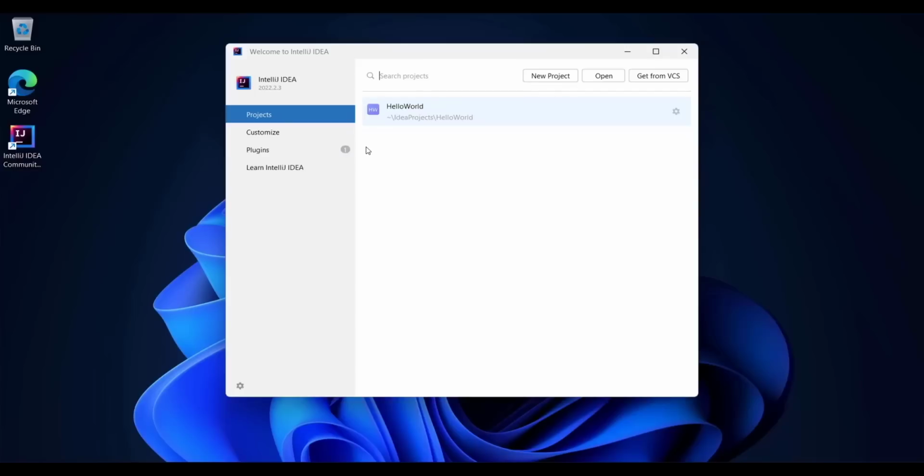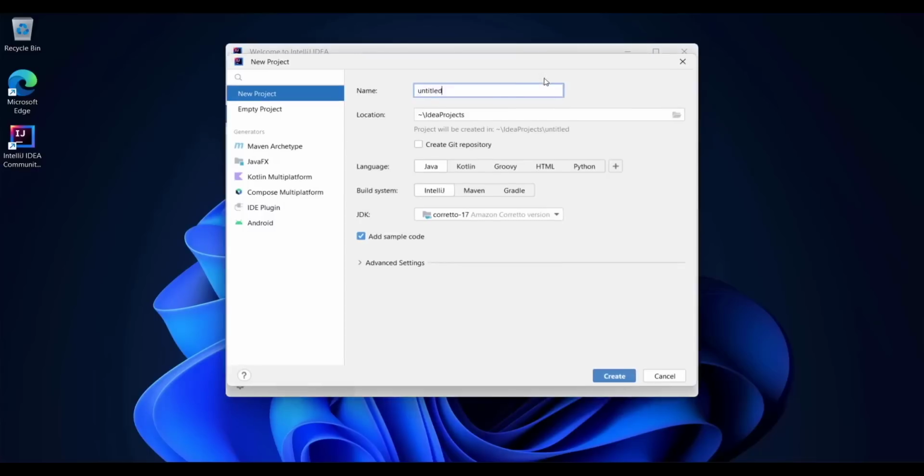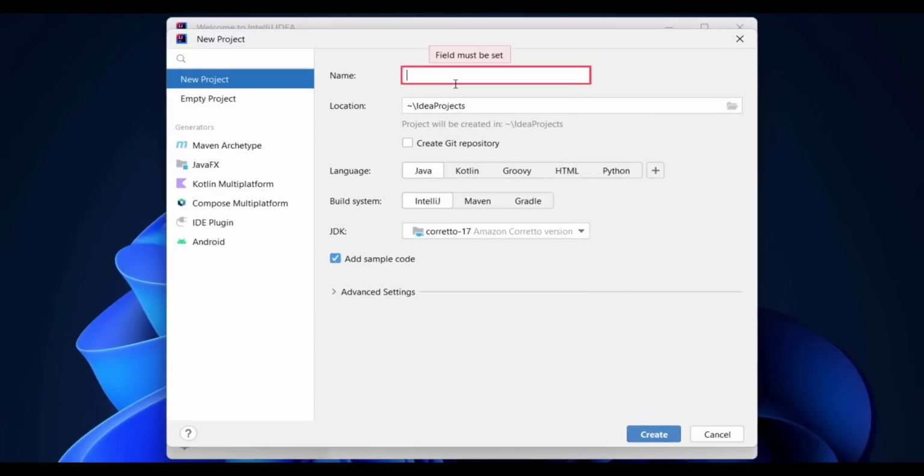So in the last video we created our first program, and it was a simple program. We just outputted the text hello world in the console. And if you want to make your program do something useful, you need to store data. And to store data you need to use variables. Therefore, let's create a new project. Let's call it variables.